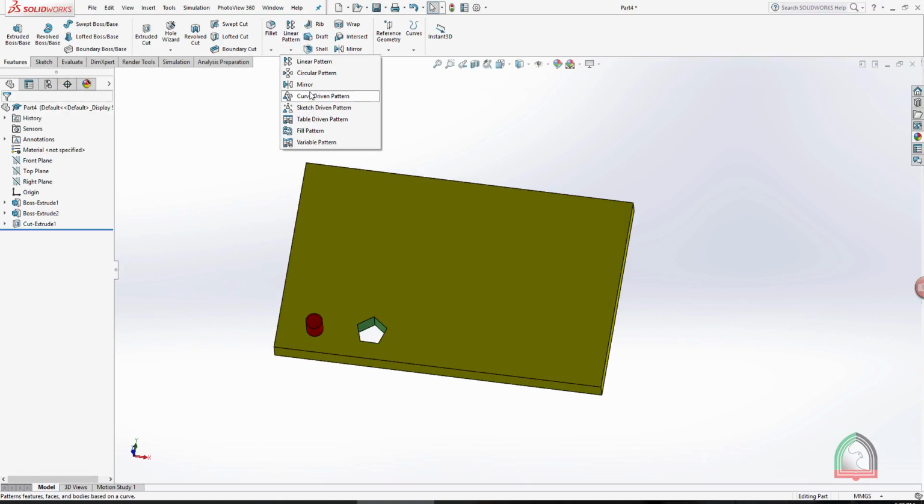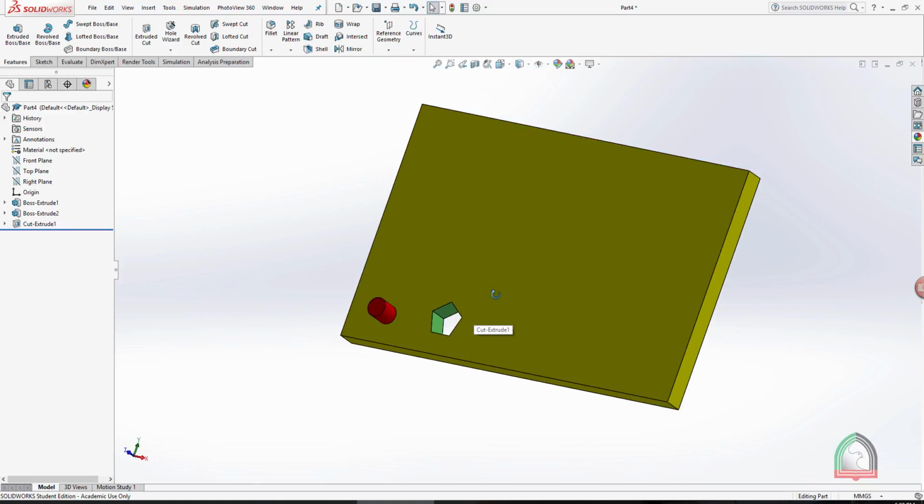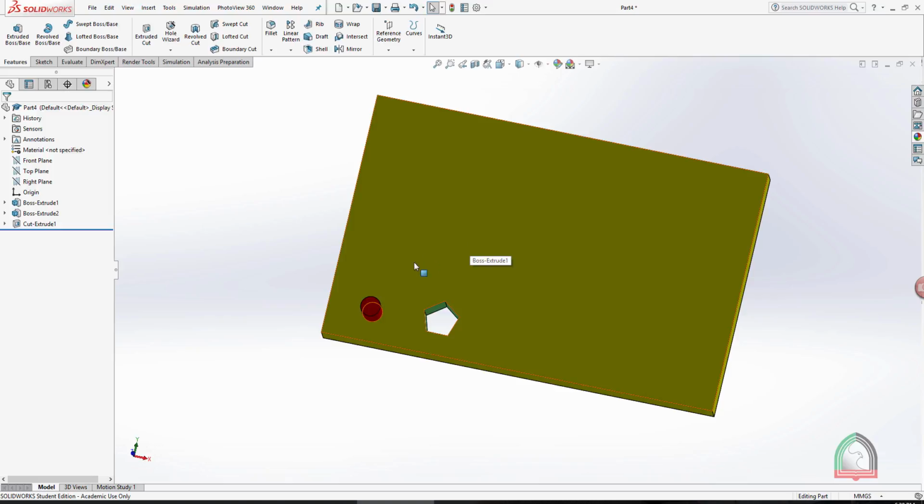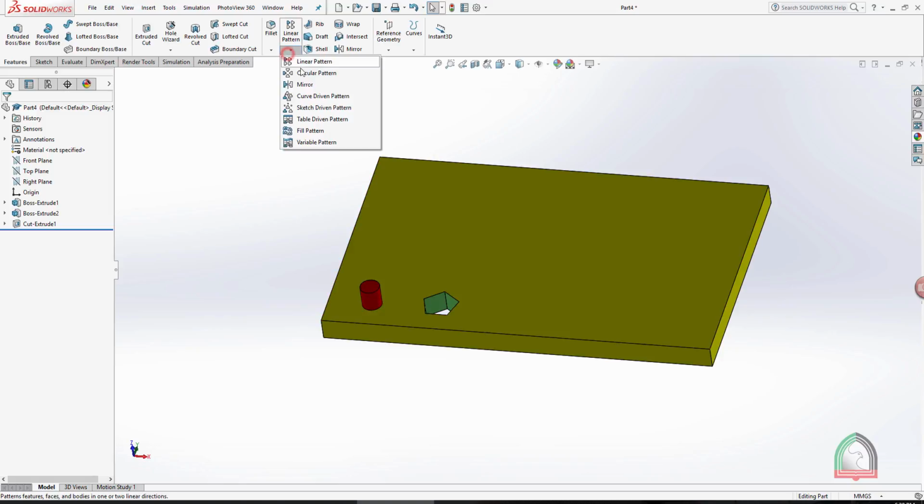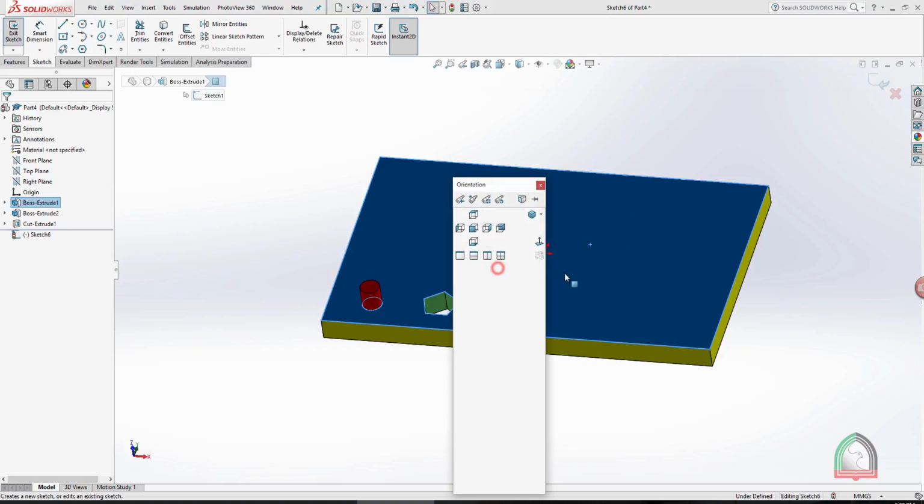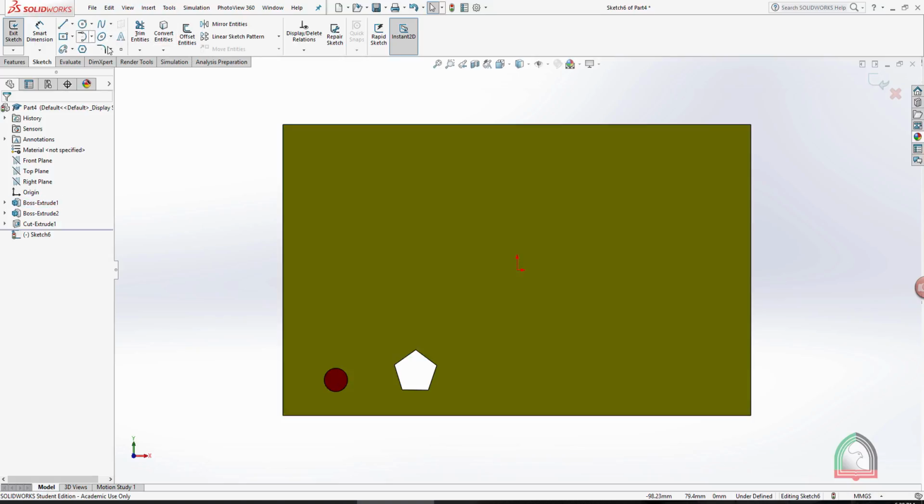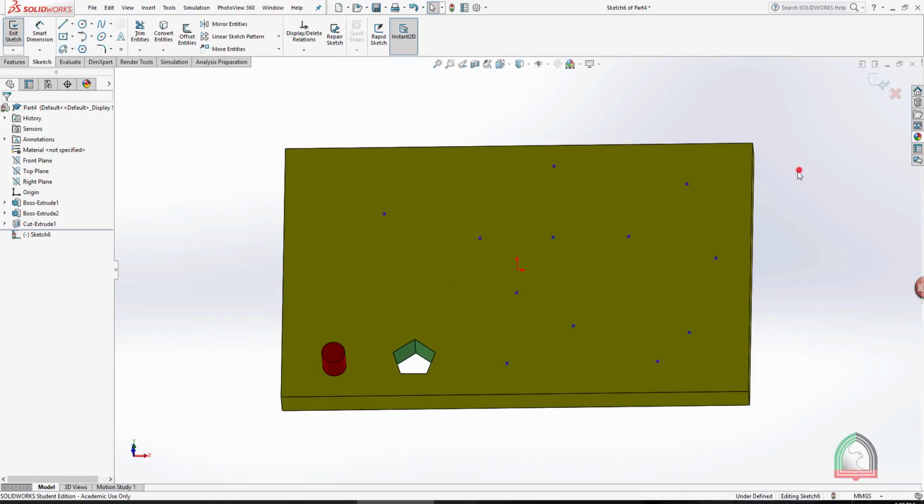The next option is a sketch driven pattern. Here I have one extrusion and an extruded cut also. So a circular extrusion and a pentagonal extruded cut. If I want to scatter this over this particular surface by using a sketch, we can use this pattern option, which is called the sketch driven pattern. Say for example, I am selecting the surface and I'm going for the sketch. I'm making a number of different points or instances scattered over the surface without obeying any rule. Now exiting the sketch,